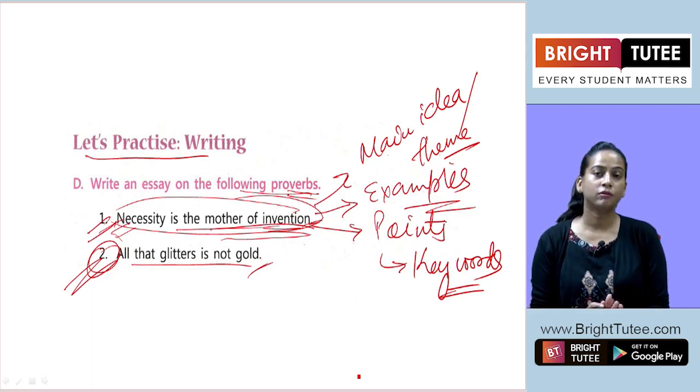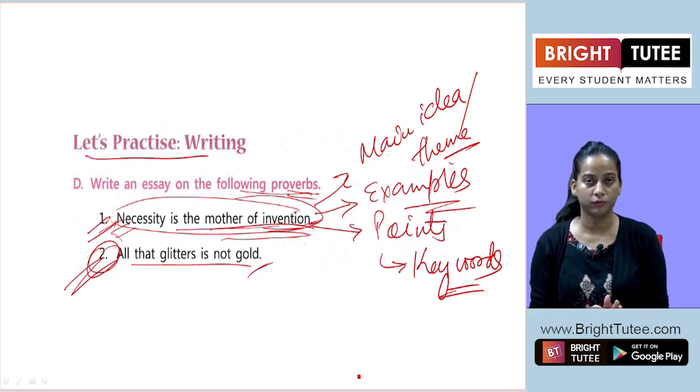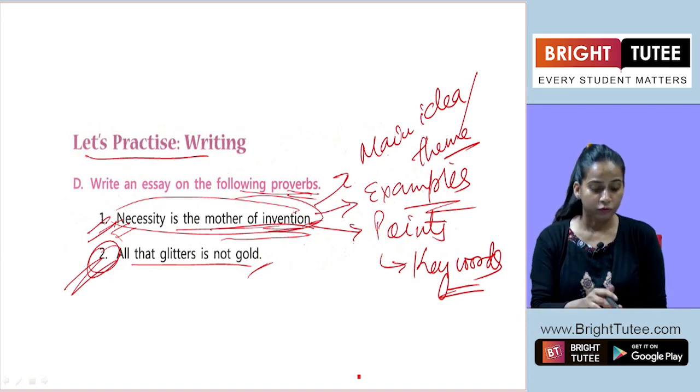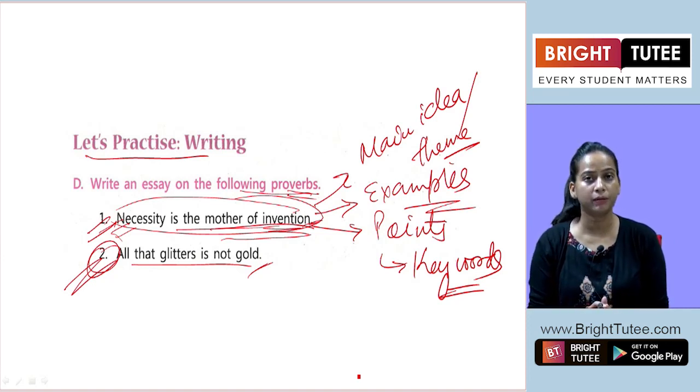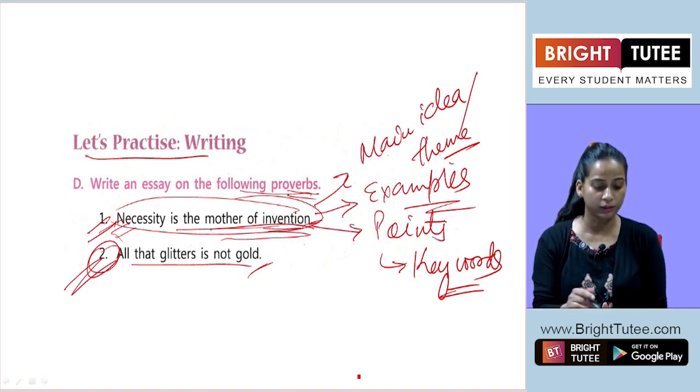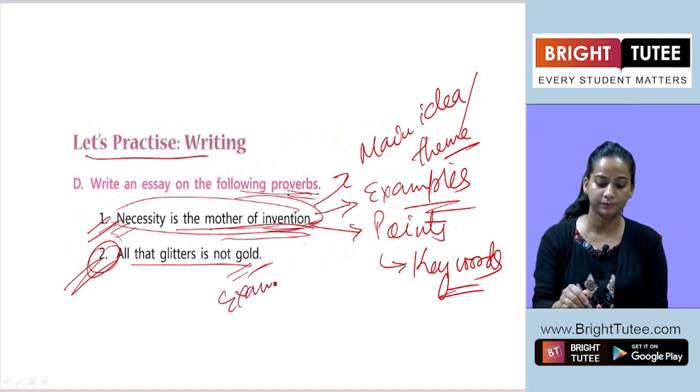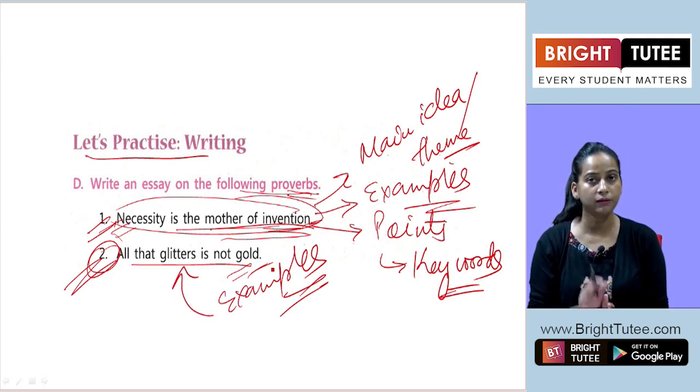Here you can also mention that sometimes it happens that humans also talk about something, they are looking like something else, but in reality they are totally different. So this kind of thing can be applicable to human beings also, and sometimes due to that temptation or the wrong perception, many people are getting trapped in such kinds of problems. So whatever examples and different points we are taking here, we have to match with the given proverb only.